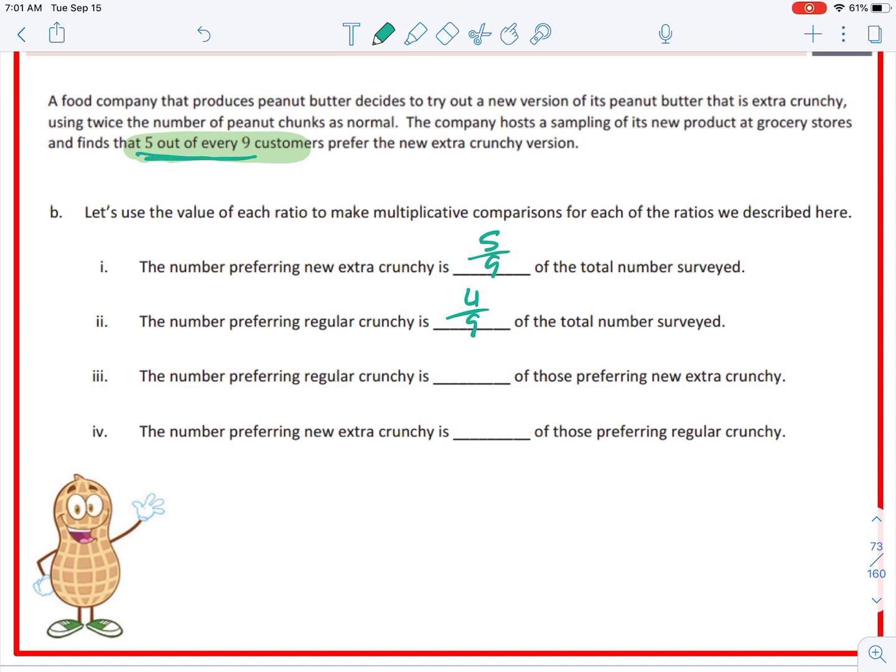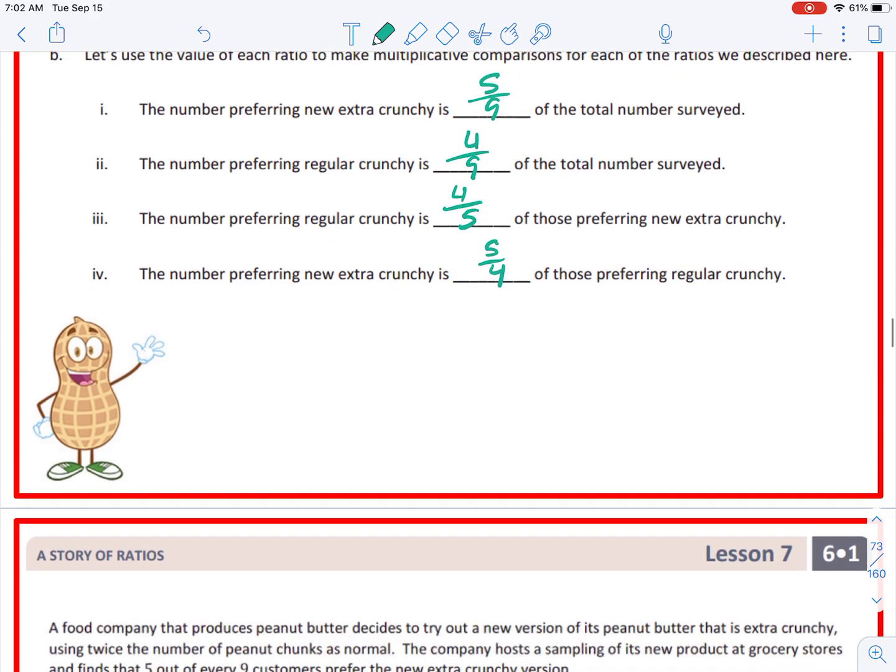The number preferring regular crunchy is blank of those preferring new extra crunchy. Regular to new is 4 to 5. And then number 4 says the number preferring new extra crunchy is 5 to 4 of those preferring regular crunchy. So now,